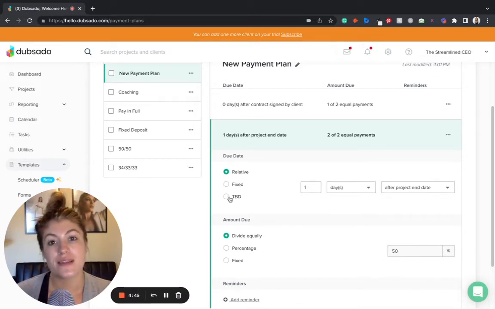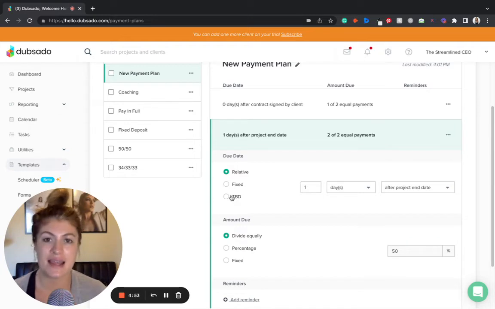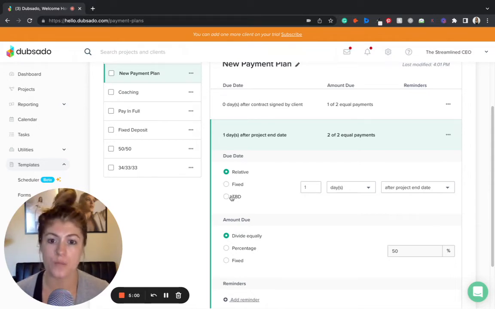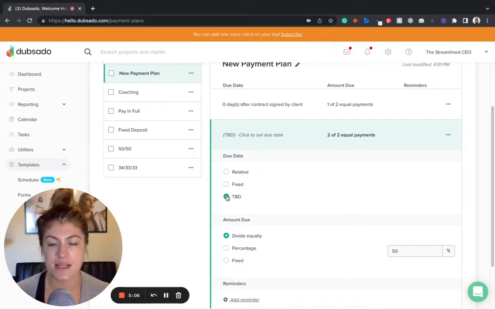Here's where we most commonly see the TBD, right? So, for example, maybe in your business, the end date of the project really depends on the project. Maybe you don't have a set end date depending on the scope and the timeline and the budget. Your end date may be 3 weeks from now, 3 months from now. You don't know. That would be a scenario where you could put TBD. And when you do have that final due date ready, you could always come back to the invoice and edit